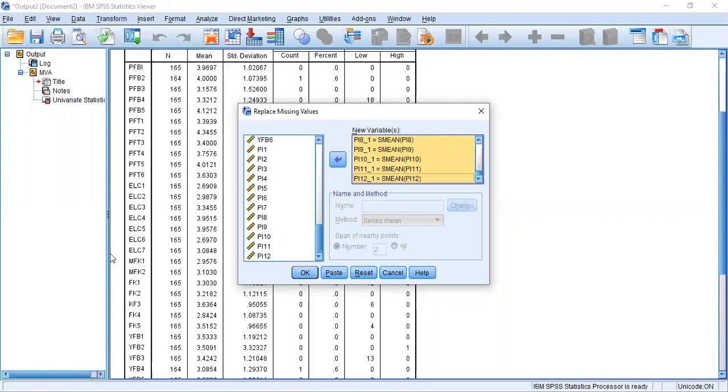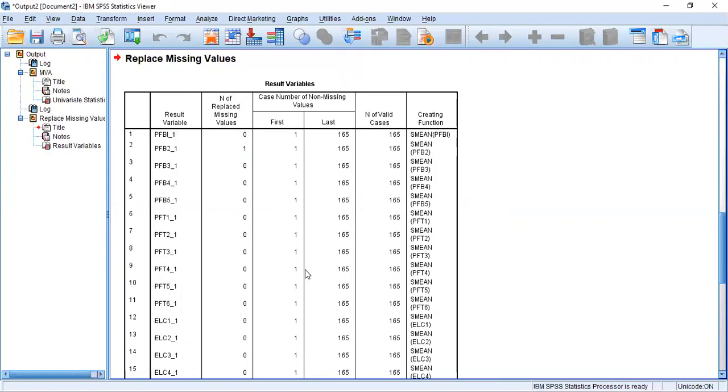This method is applied on the rationale that the mean is the best single replacement value. Right? Now just after moving the variables to the new variable box, click OK. Once you click OK, you find all the missing values have been replaced by this method.